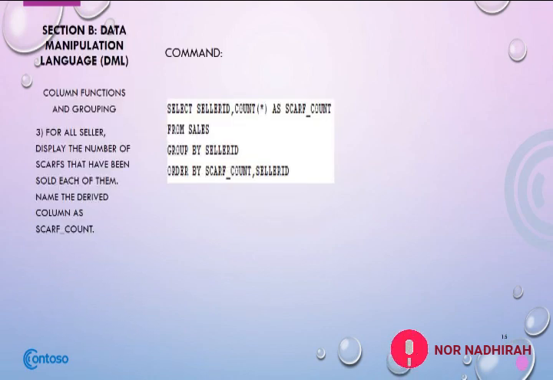So the third question is, we need to display the number of scarves that have been sold by each of all sellers. Name the derived column as scarf count. The command is select seller_ID, count as scarf_count from sales, group by seller_ID, order by scarf_count, seller_ID. The output is